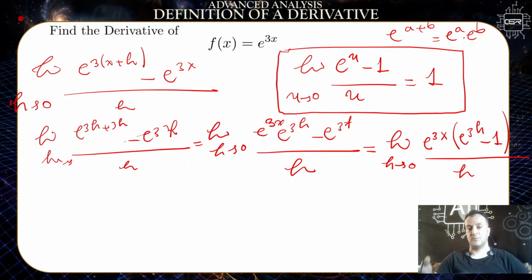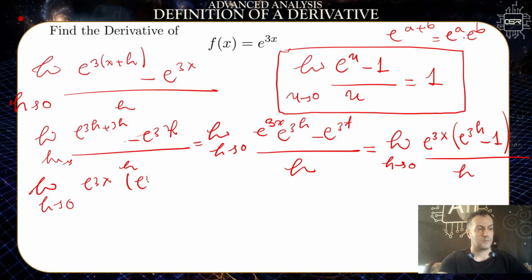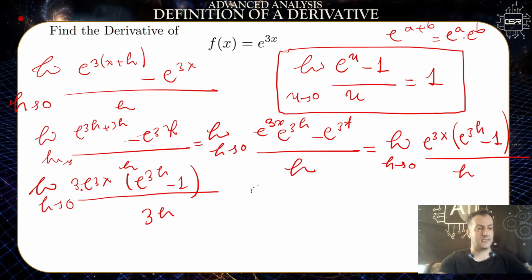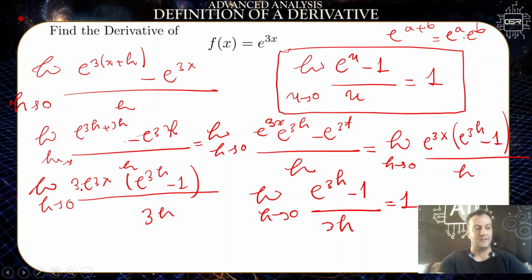So we cannot multiply only in the denominator. We multiply both in the numerator and the denominator so that the quantity won't change. So limit as h approaches 0, e^(3x) times (e^(3h) minus 1), and we multiply by 3, so it is 3e^(3x) divided by 3h. And this here, which is the limit as h approaches 0 of (e^(3h) minus 1) divided by 3h, is equal to 1 if you consider